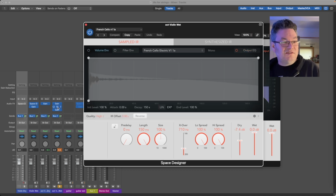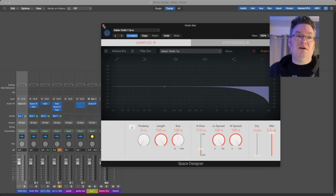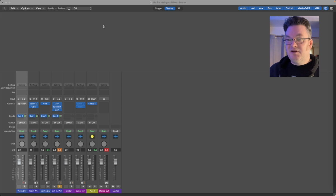The other thing with the cello one, I've brought in a lot more dry signal than I normally would because it's a very sort of aggressive impulse response. But anyway, I was clipping. It has a lot of uses, and the latency is pretty good, especially like Space Designer is kind of designed for it. I'm using this in Ableton